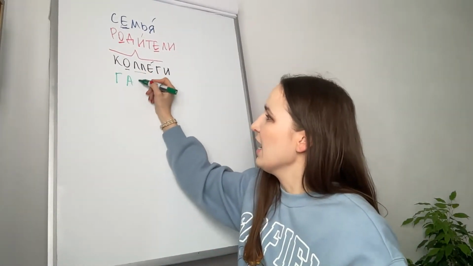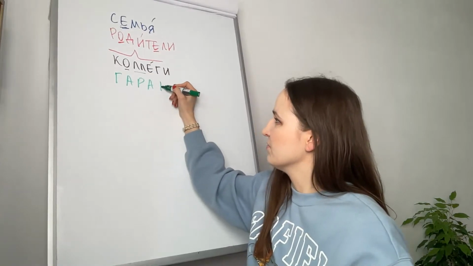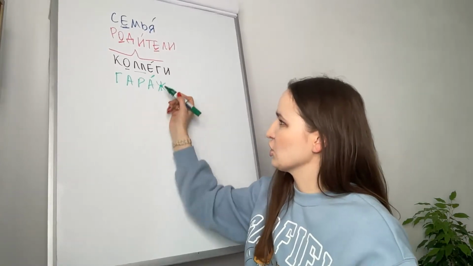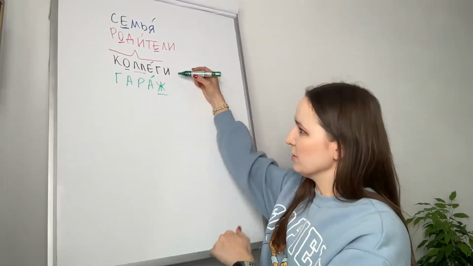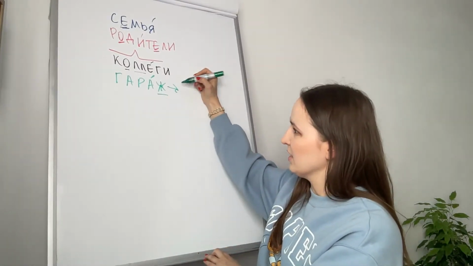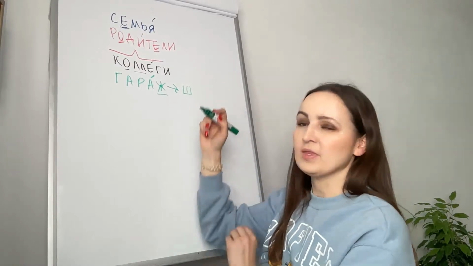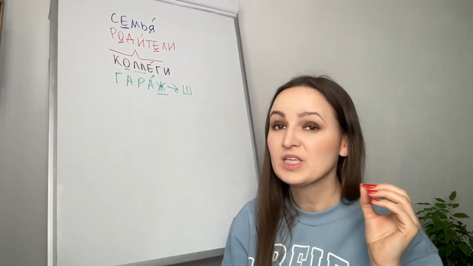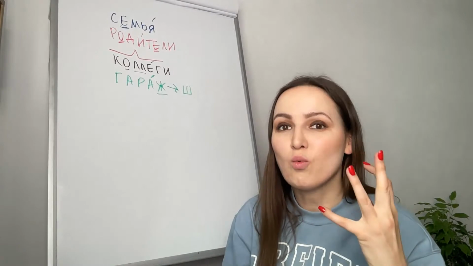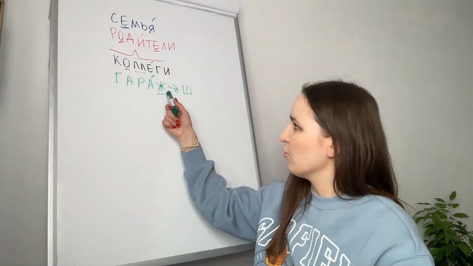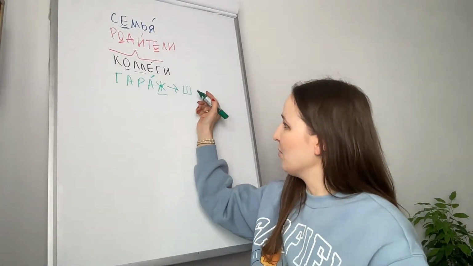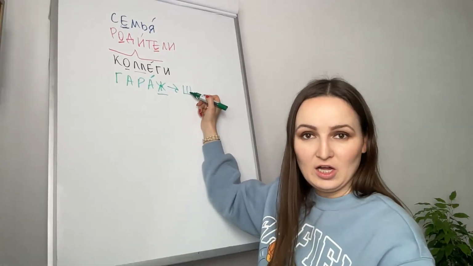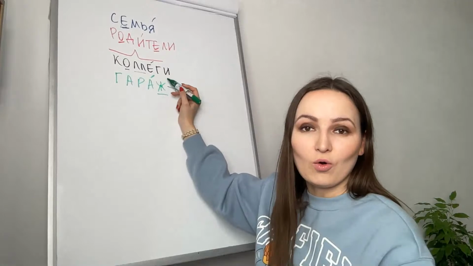Гараж. Here you can hear that instead of Ж here, I pronounce Ша. Гараж. Why? Because voiced consonant, Ж is a voiced consonant, will become unvoiced Ша when it is located at the